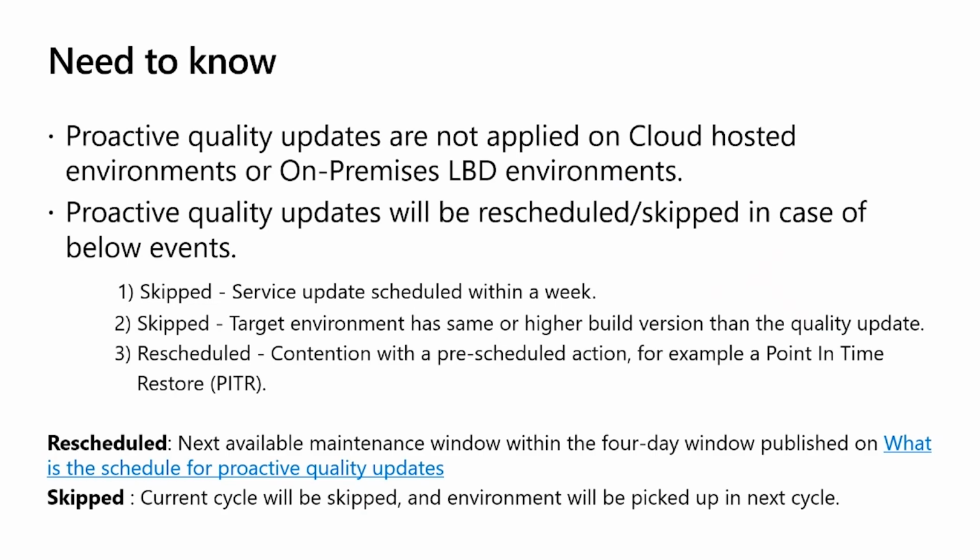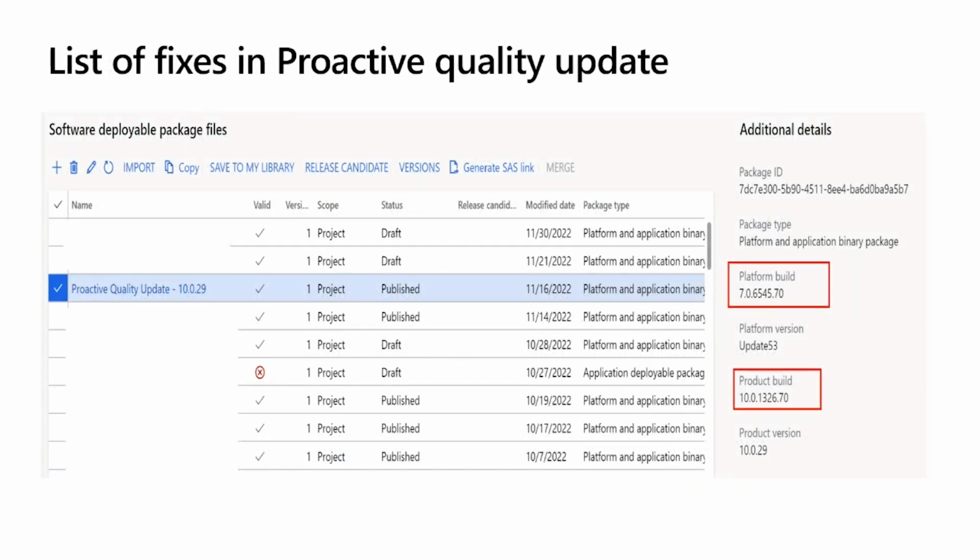Okay, Hector, next slide. Yeah, now in the next section, we'll talk about how to identify the list of fixes in proactive quality updates. It's a bit of a manual process where we have made some improvements, and there will be more improvements in the future, as we are trying our best to make it as scalable as possible. So first, once we apply a proactive quality update, we put the payload, or the package, you may call it,